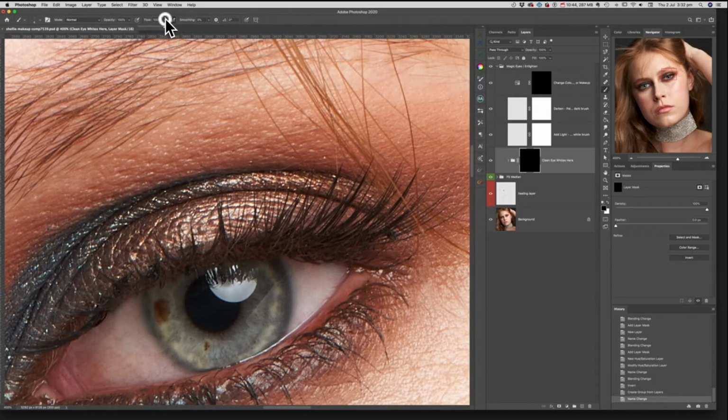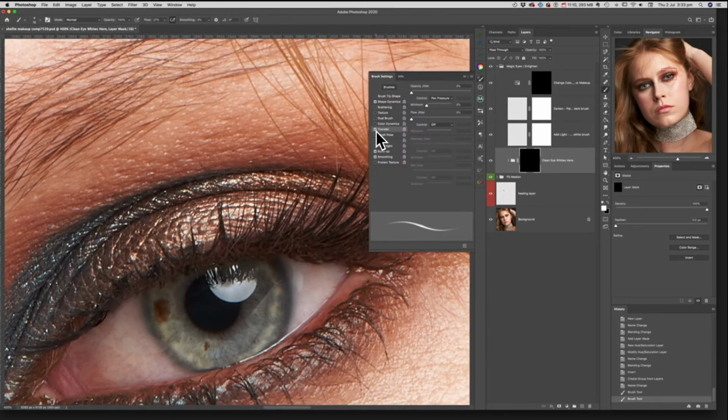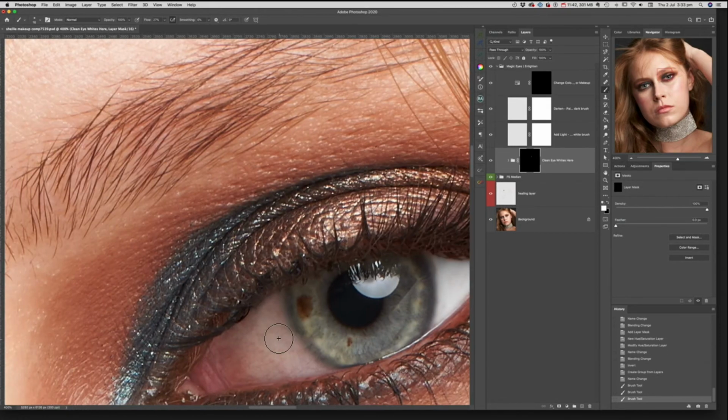Alright, now I'm into cleaning up the eyes. I generally do this at the end of a full edit, mainly because I know what curves adjustments I've made, and you don't want to make the eye whites too white, but I just wanted to show you what I use. I use a